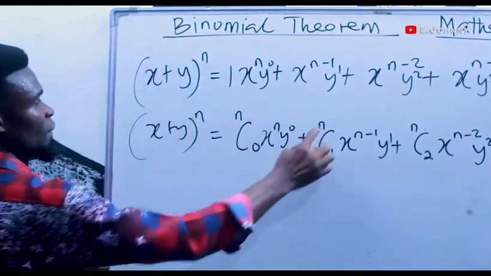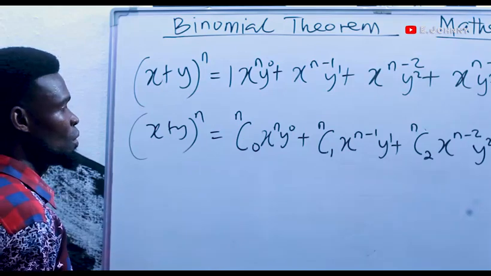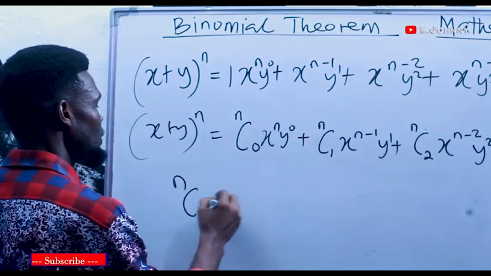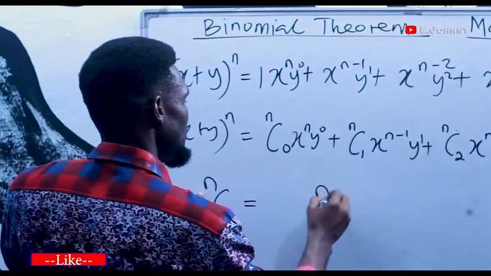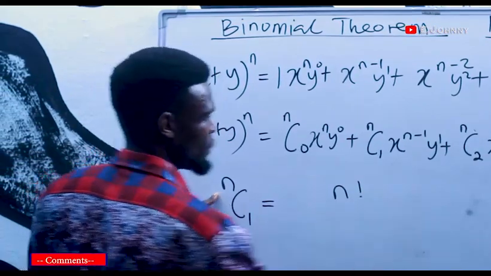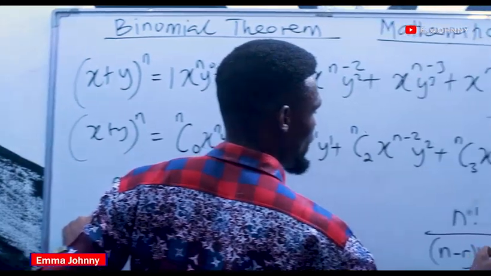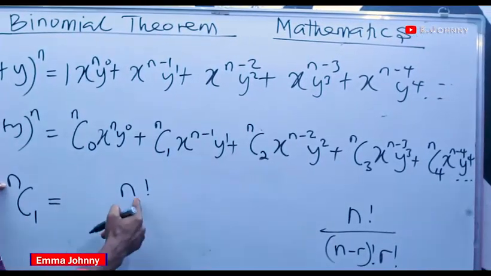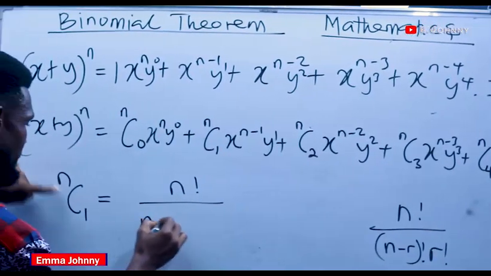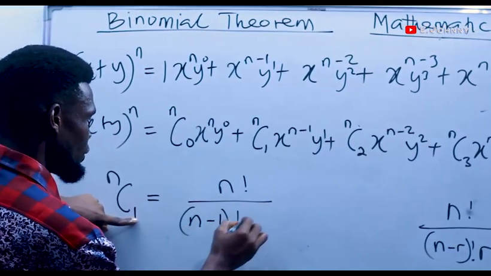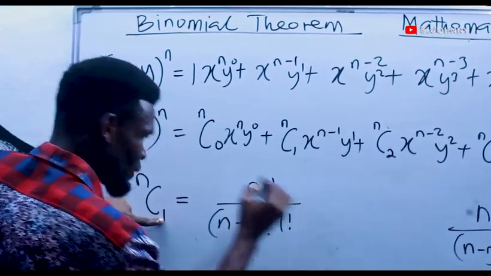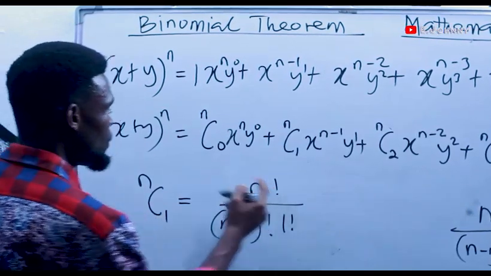Let's look at n combination 1. That will be n factorial. Don't forget the formula: n factorial over n minus r factorial, r factorial. So this is n factorial over n minus 1 factorial, then 1 factorial. And that will be,